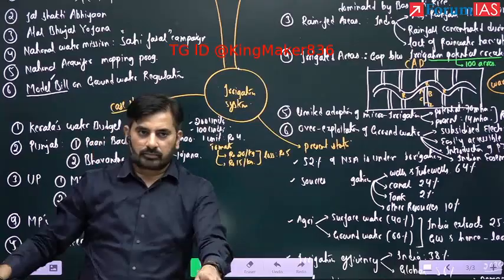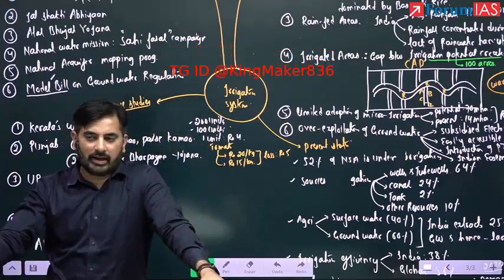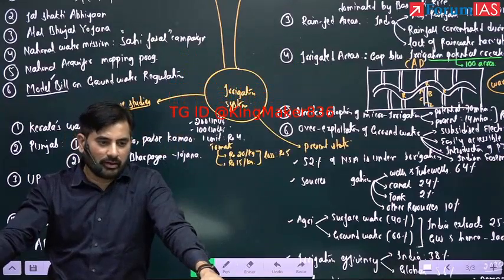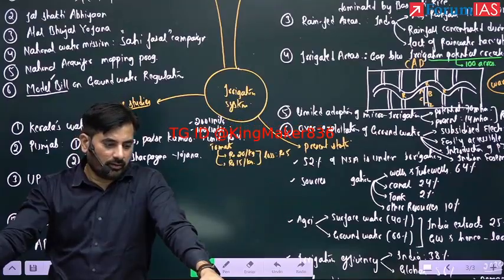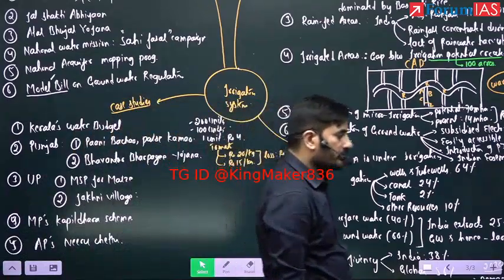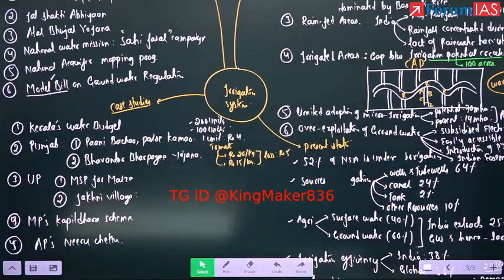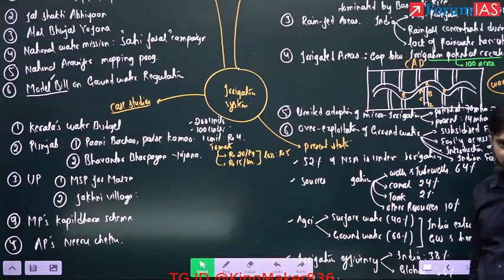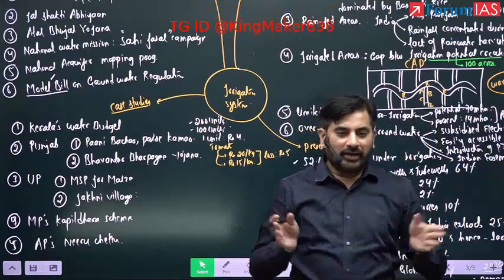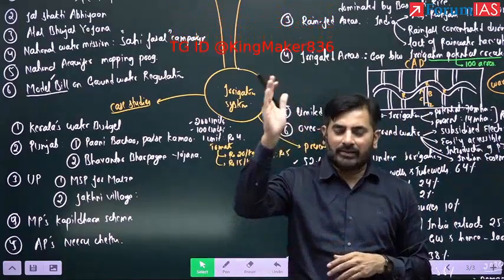Second, adoption of micro irrigation. Under demand side only, reducing demand for water. Number one, crop diversification. Second one is adoption of micro irrigation. Third one, separation of feeder lines. Okay. Anyone knows what is this feeder line? नहीं, वो feeder line, it's not with respect to canal, it's with respect to electricity.